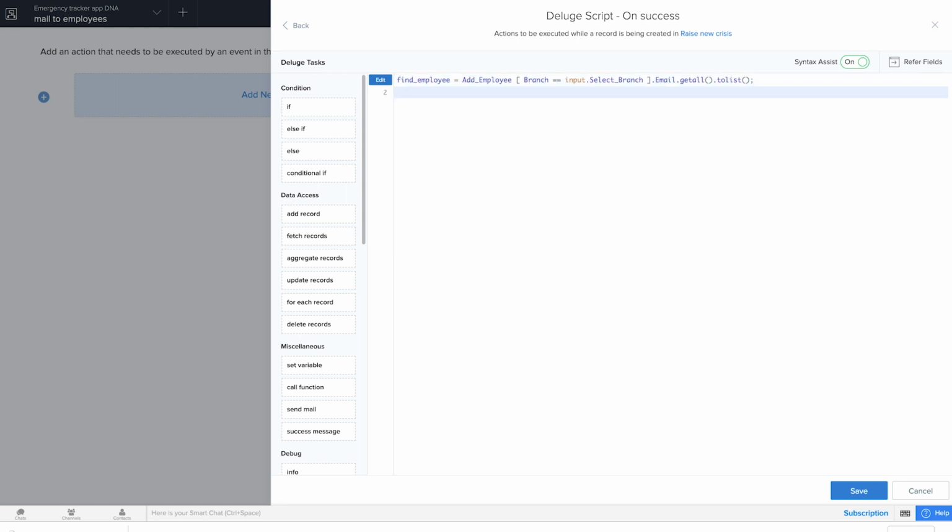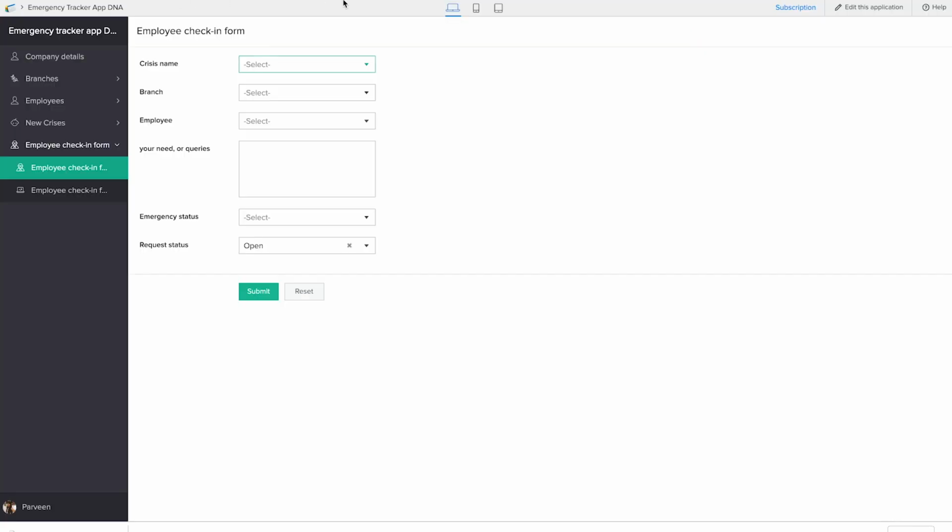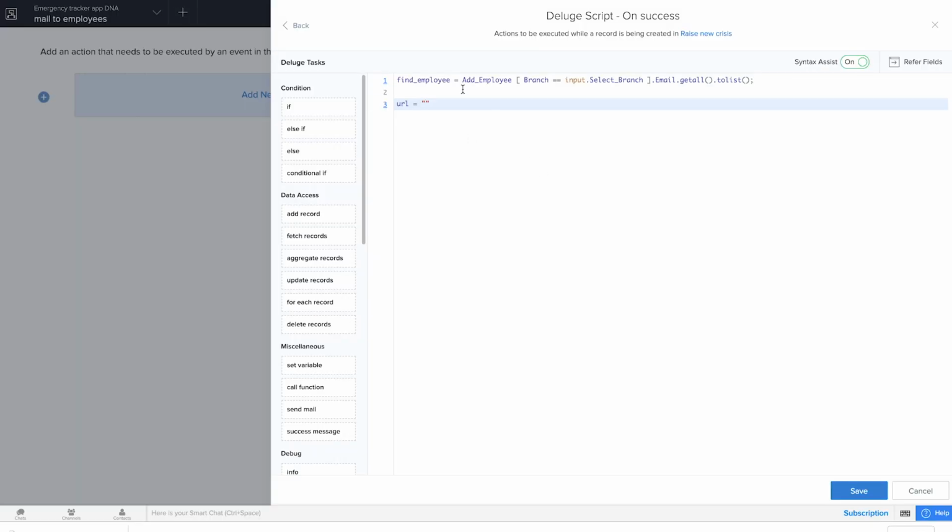Once I have this, I'll have another one called the URL. So the URL will have the URL of my employee check-in form. So you can go to the employee check-in form of your app. And from here, just see that I will copy paste it up to this creator.com. And then I'll copy it and I'll paste it here. Plus